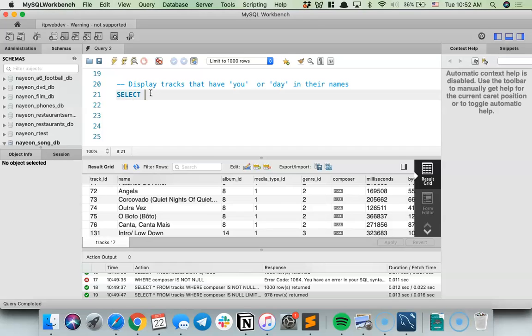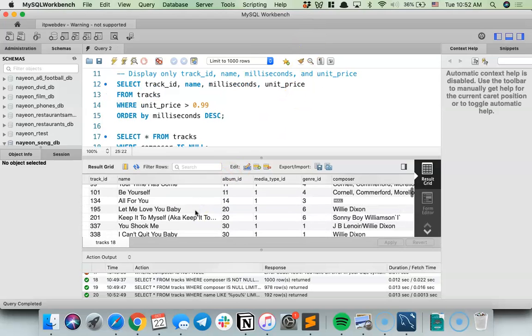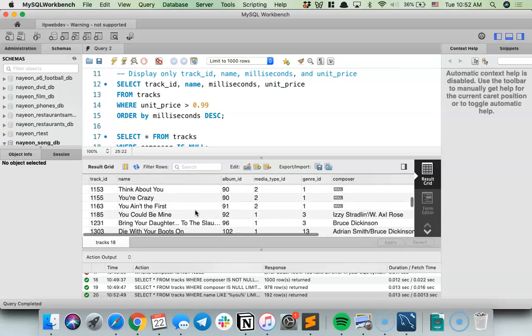Okay, so let's go ahead and do our first thing. We're going to select all my columns from the table called tracks. Just keep it easy for now, right? And we're going to do WHERE name, and this is where the word LIKE comes in handy. WHERE the name LIKE, and let's do strings here. Let's do the first one, 'you'. So any of my tracks that have the word YOU in it, and there can be some words before it or after. Let's go ahead and show that first. There you go. There's a lot of songs with the word you in it.